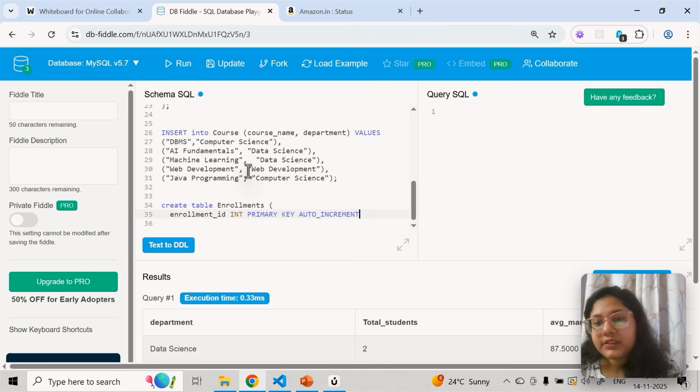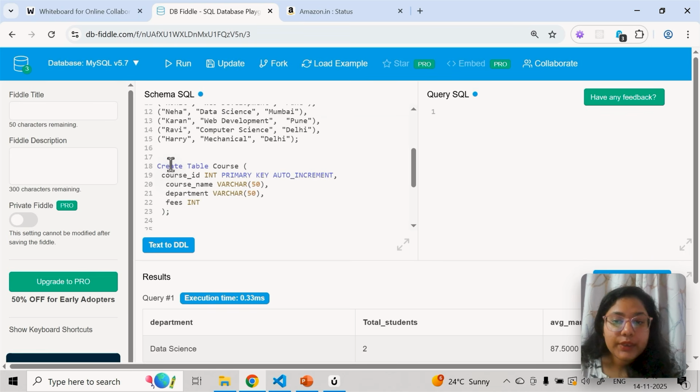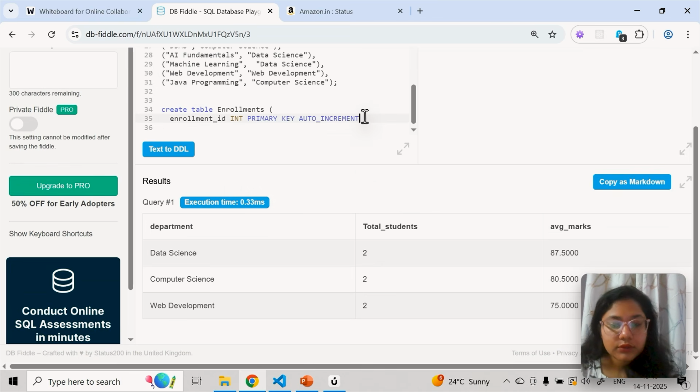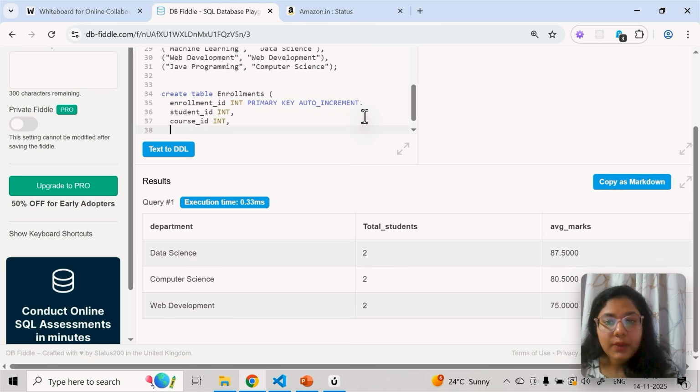Okay, also I'll make some changes here. Instead of id, let's keep it proper, because so many ids are involved, and to avoid the confusion, we'll keep course id, student id, and enrollment id, comma. I want to have one student id, so I'll keep student id. Okay, so you have to define that column. Whichever primary key you're going to use from another table, you have to define the value here. Then I'm going to use course id, int, comma, and I want to have my own column, let's say marks int.